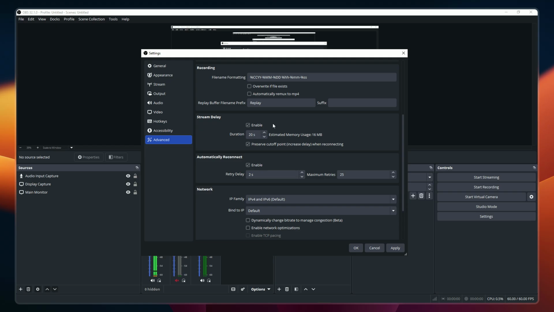Right below that, you'll find a duration option. Click on the text field next to it and type 1. This sets the delay to just 1 second, which is the minimum setting, and effectively removes any significant delay from